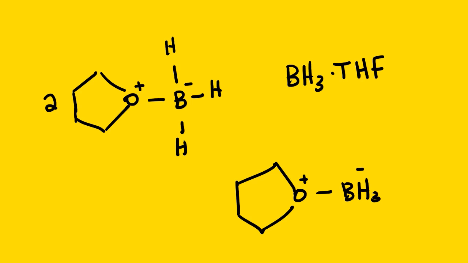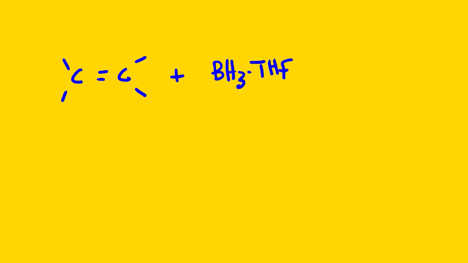Now let us look at examples and how we can easily represent this mechanism or this reaction. So we have our double bond, our alkene. We react this with borane, BH3, in the presence of tetrahydrofuran. Then this will yield